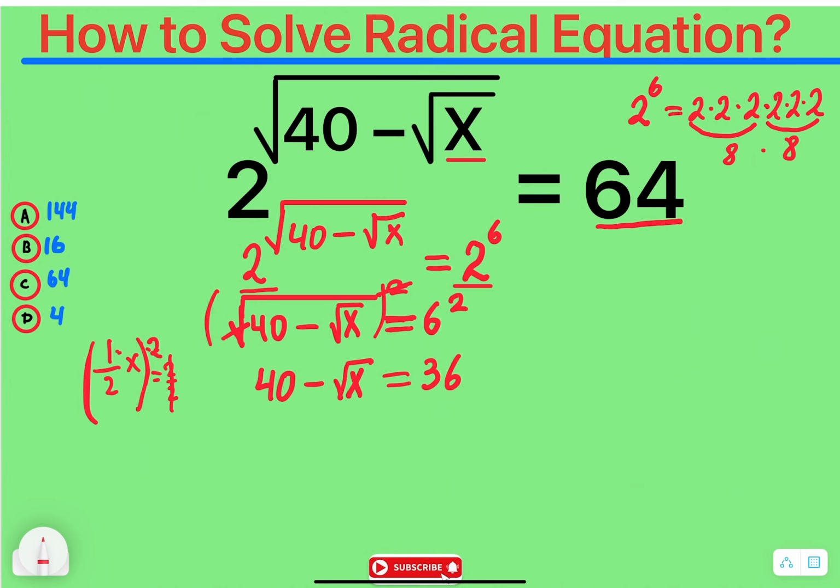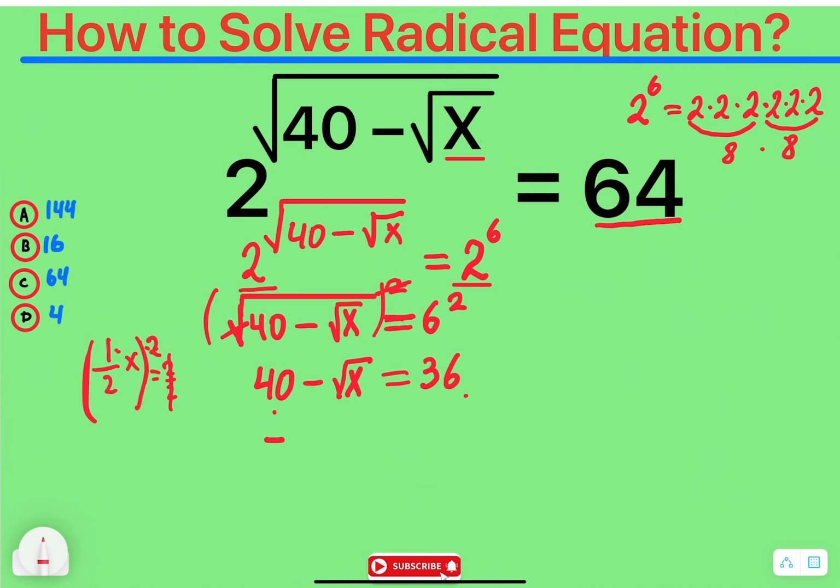Now we have numbers and a radical. We can take numbers to the right side and leave the radical alone on the left side. We will have a negative. We don't forget about this negative sign. This belongs to this radical. Square root of x equals, we have 36 on the right side. We will bring 40 to the right. It will change the sign. It will become negative 40. Now we have negative square root of x equals 36 minus 40 equals,